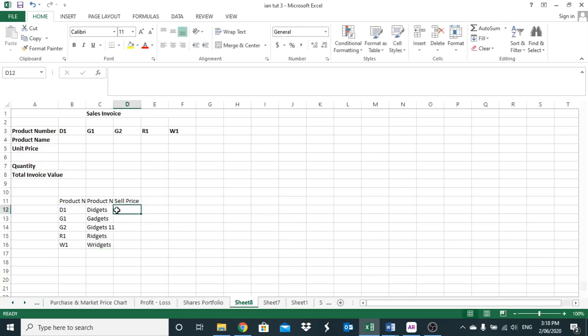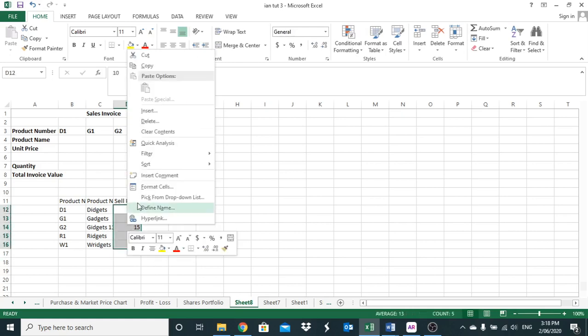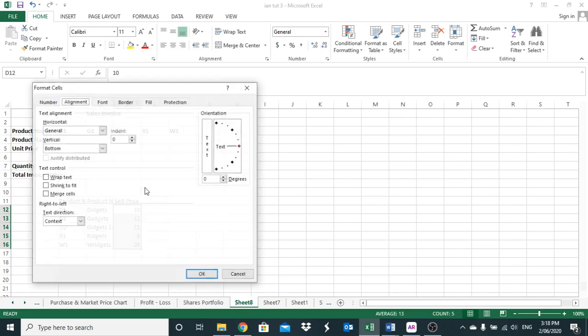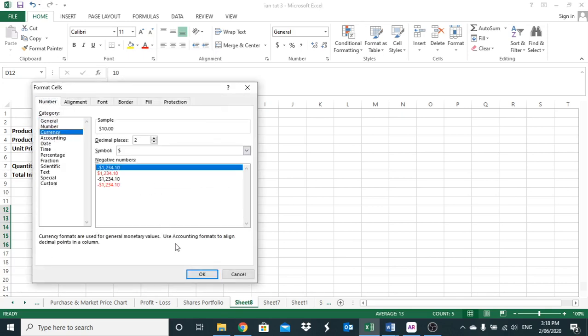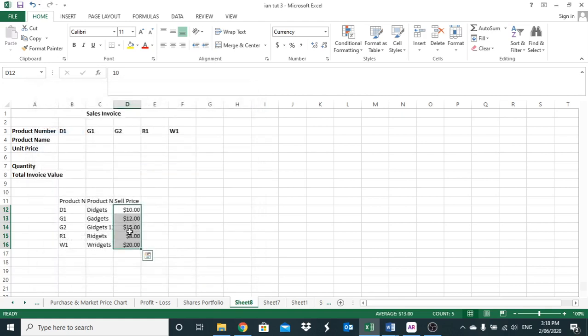Right. Sell price $10, $10, $12, $15, $8, $20. And what I'm going to do is format these cells by highlighting, right-clicking, going to format cells, and I'm going to make them currency to two decimal points, and I am going to bold that and bold